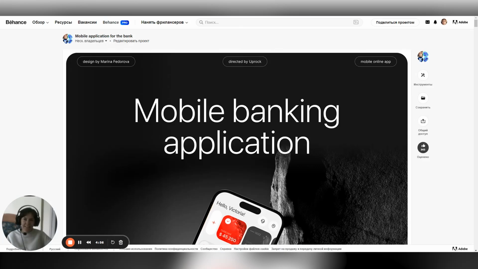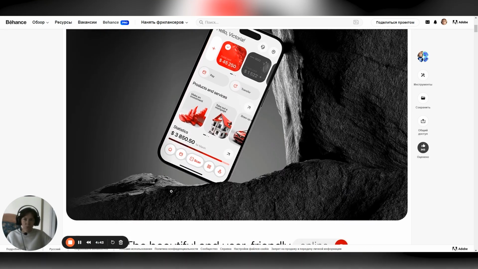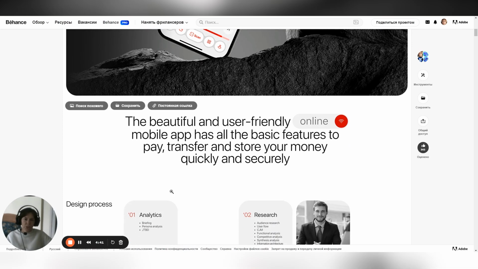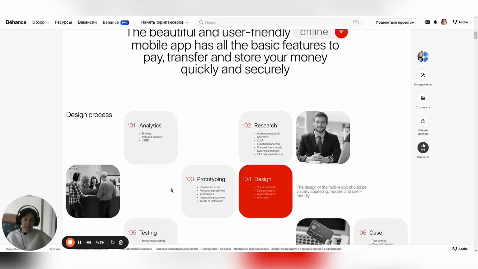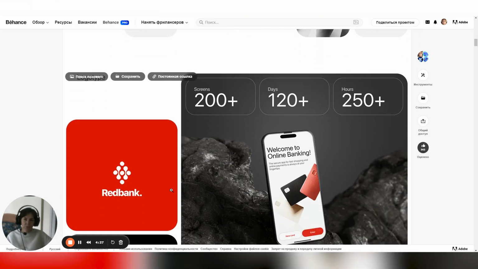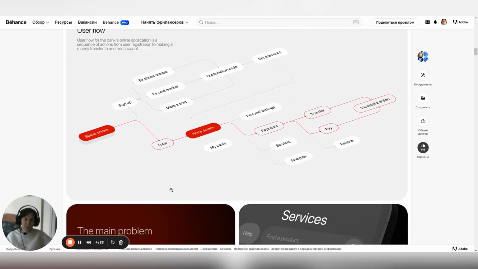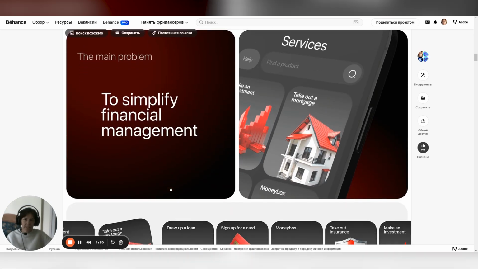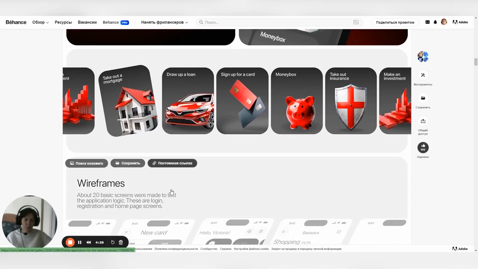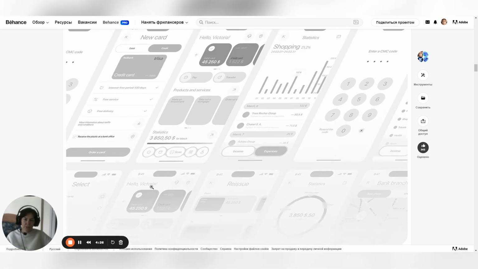I'm a web designer. I'm studying in Moscow Web Design School UPROCK, and now I want to present my project. It is the mobile app for a bank. The main trigger was to create a convenient, functional, and aesthetic design for online bank. To do this, I did a lot of analytical work, looked for many good references, and drew my mobile app with unique design different from competitors.